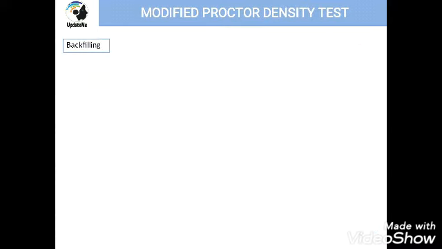Wedge filling. The modified Proctor density test is used on two types of soil condition. First one is natural and second one is artificial. Artificial means if we have to prepare an embankment for some foundation level, for railways, for airways, we have to fill the area, and that is called wedge filling.